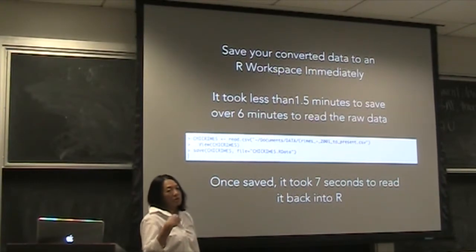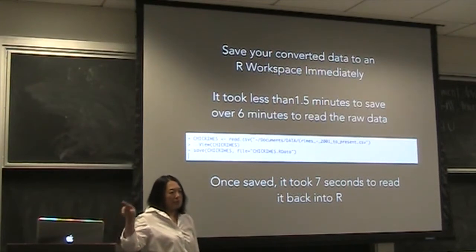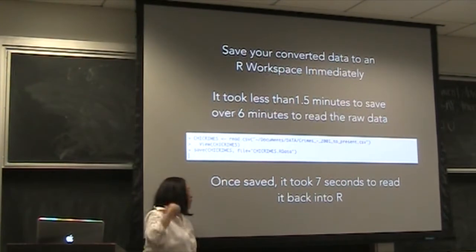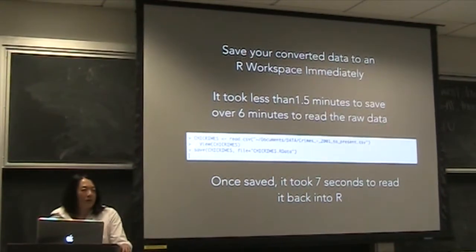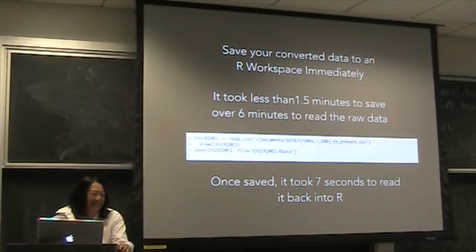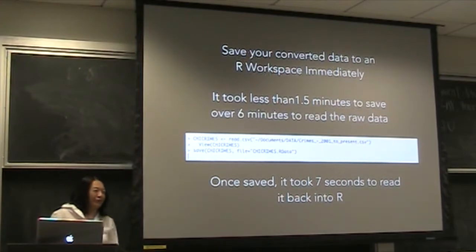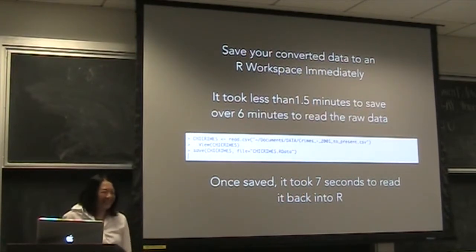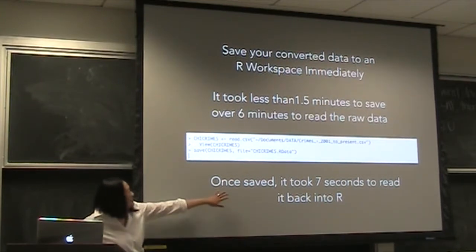Remember, I've got a relatively fast computer, even though it's an older MacBook Pro. It's got a lot of memory. R uses all the memory up. 6 minutes to read, it could be 20 minutes on some other computers in here. By the way, if you think you're going to use a MacBook Air in this competition, you're not going to be able to do any of the programming or data wrangling. It won't work. I've seen them crash at prior competitions. I didn't see them burn, but they definitely crashed. But it only took 7 seconds to read.